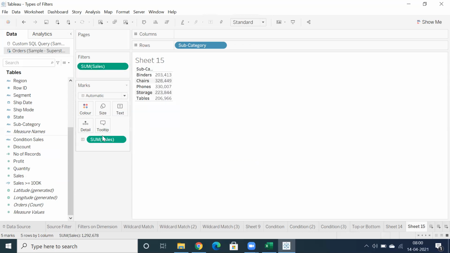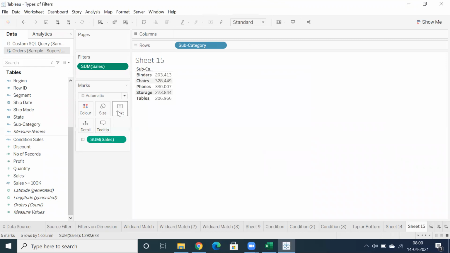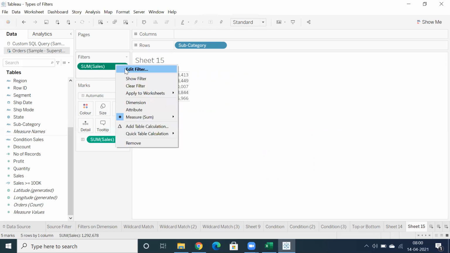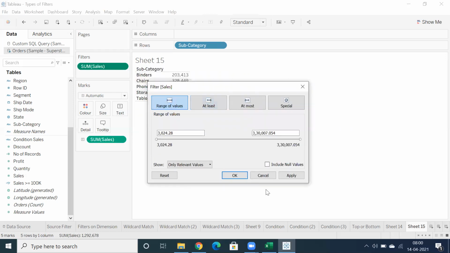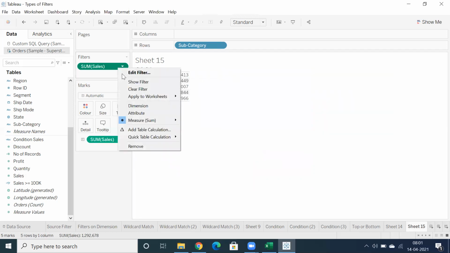You understand, right? Whenever I go for at least, this is not working properly. So that's the issue I'm facing here. So I'll check on this. I'm not sure why it is happening, because we didn't apply any condition, right? So edit filter, let's go for range of values. Even for range of values, sometimes we are facing the issue.